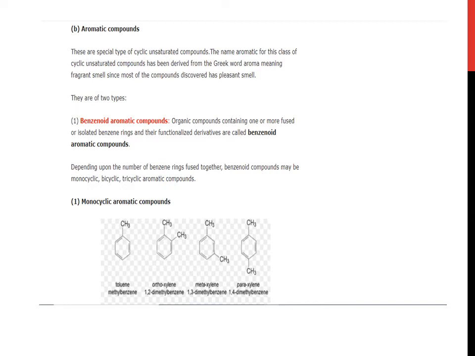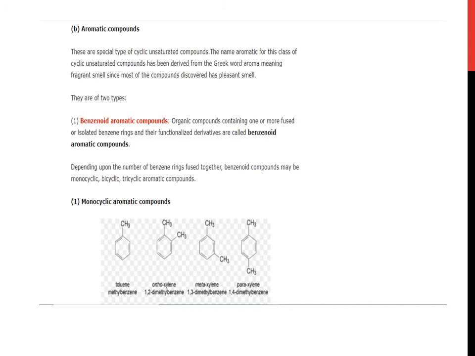Number 1, benzenoid aromatic compounds. Organic compounds containing one or more fused or isolated benzene rings and their functionalized derivatives are called benzenoid aromatic compounds. Depending upon the number of benzene rings fused together, benzenoid compounds may be